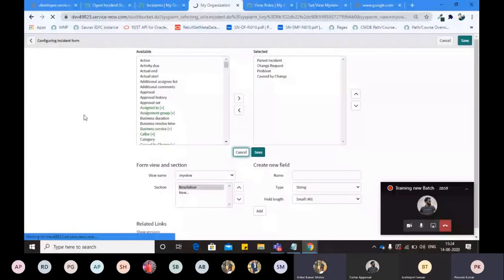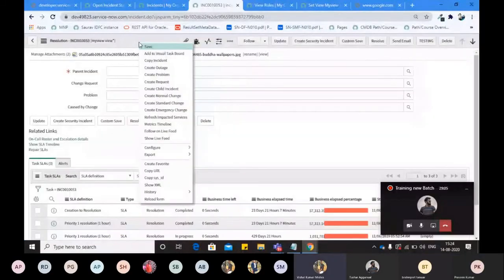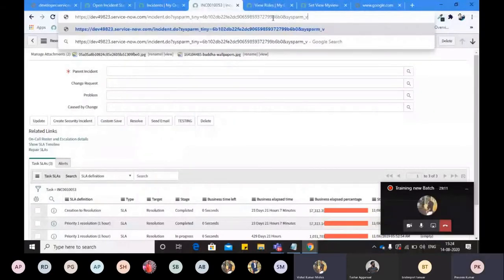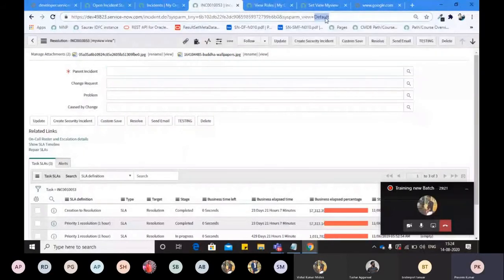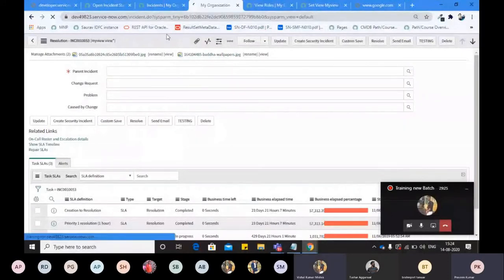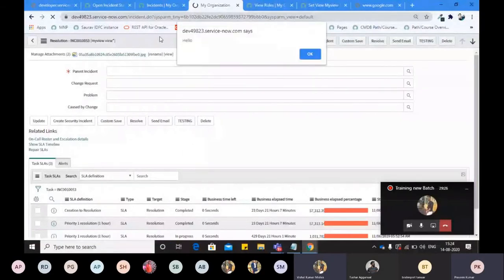After creating the new view, whatever options we give through form layout, we will be able to see only those options, right? No, actually we should be able to see all the views. I have to check what is happening here. I am able to see all the views because I am logged in as an admin. Praveen, I think at the top you have to choose the default view, right?